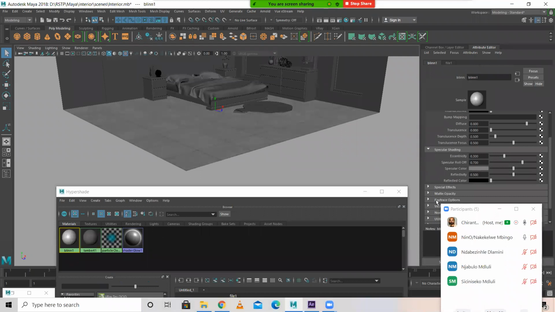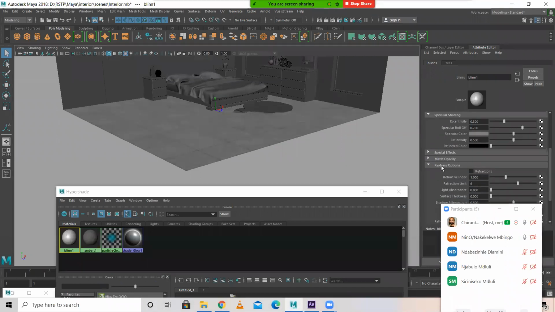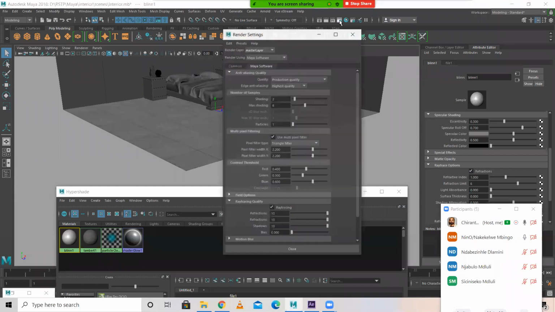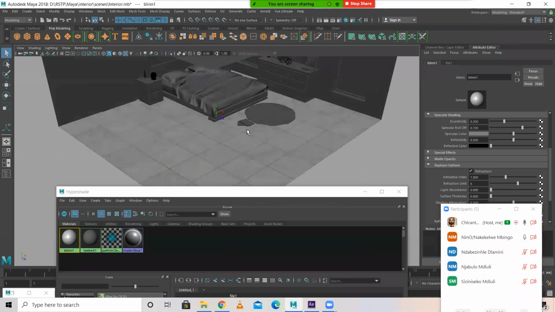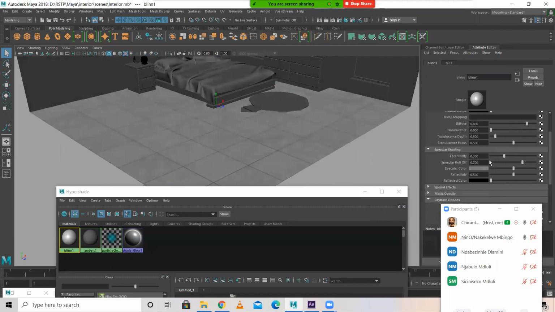Here under ray tracing blend, you have to switch on refraction. Why? Because in render settings I have turned on ray tracing here. It will work, means specularity and all will be there.